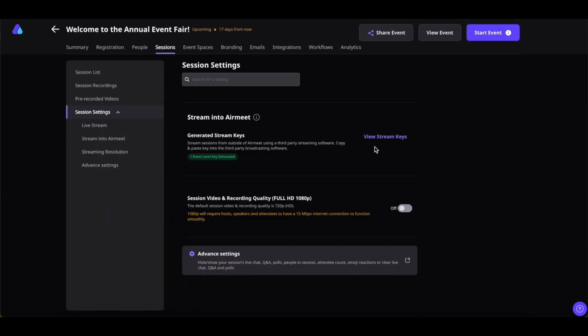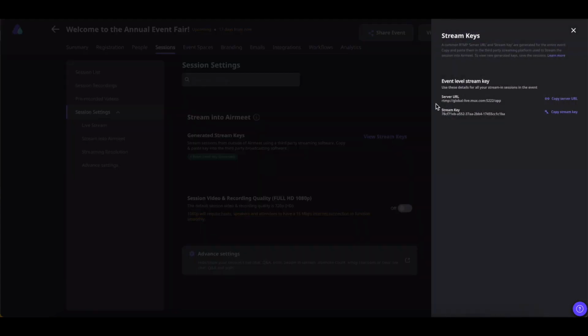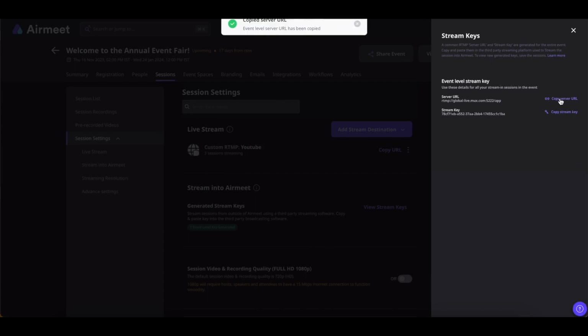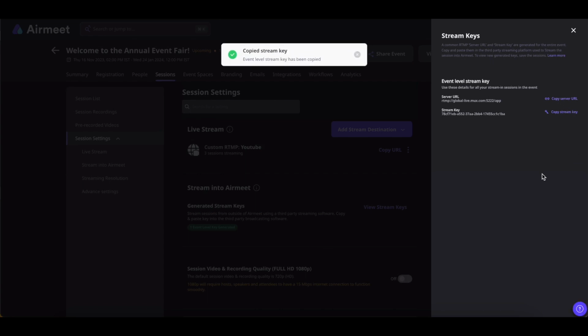In this section, if you click on View Stream Keys, here you will find the server URL and the stream key. These are the universal or common URL and key for the RTMP sessions in Airmeet. To copy them, simply click on each of those and they will be copied to your clipboard. The copied RTMP stream URL and key can be pasted on the third-party websites, which will allow you to stream